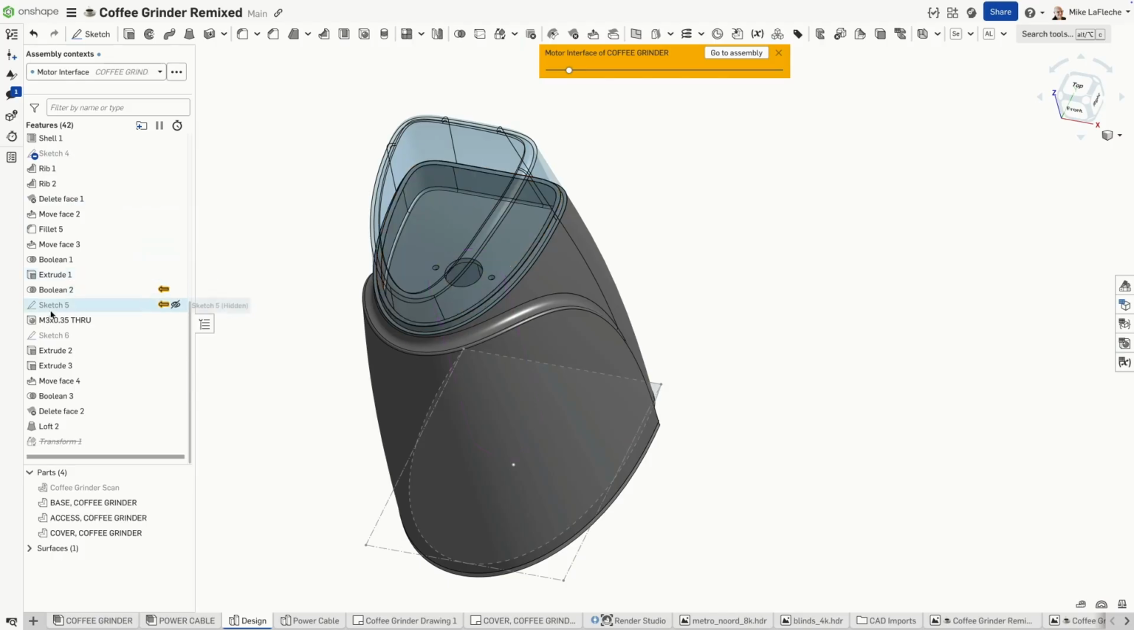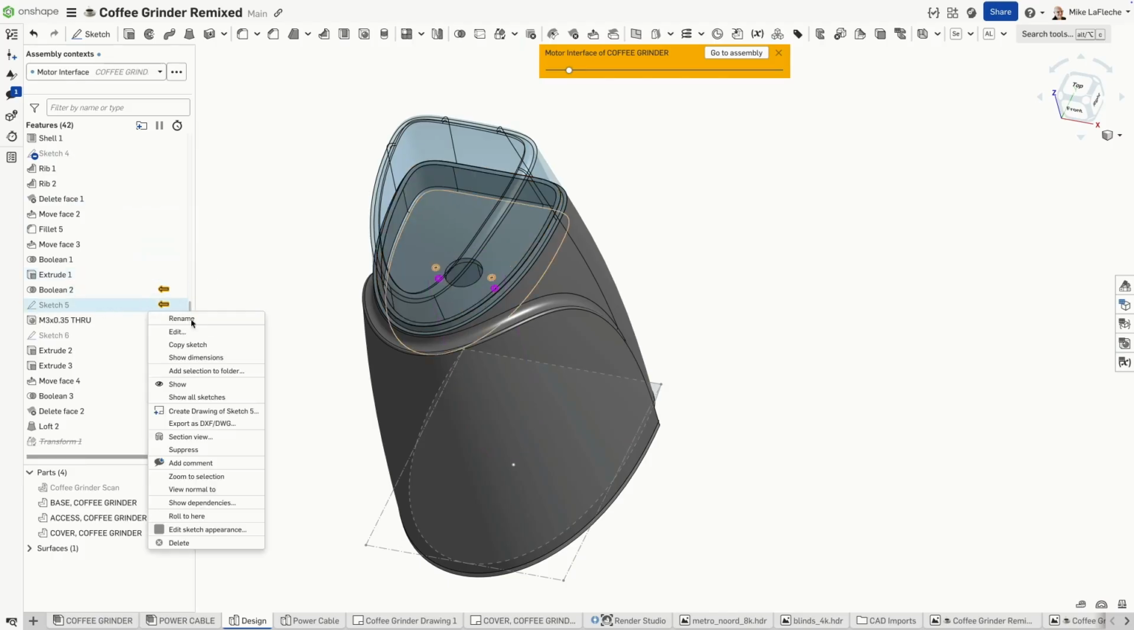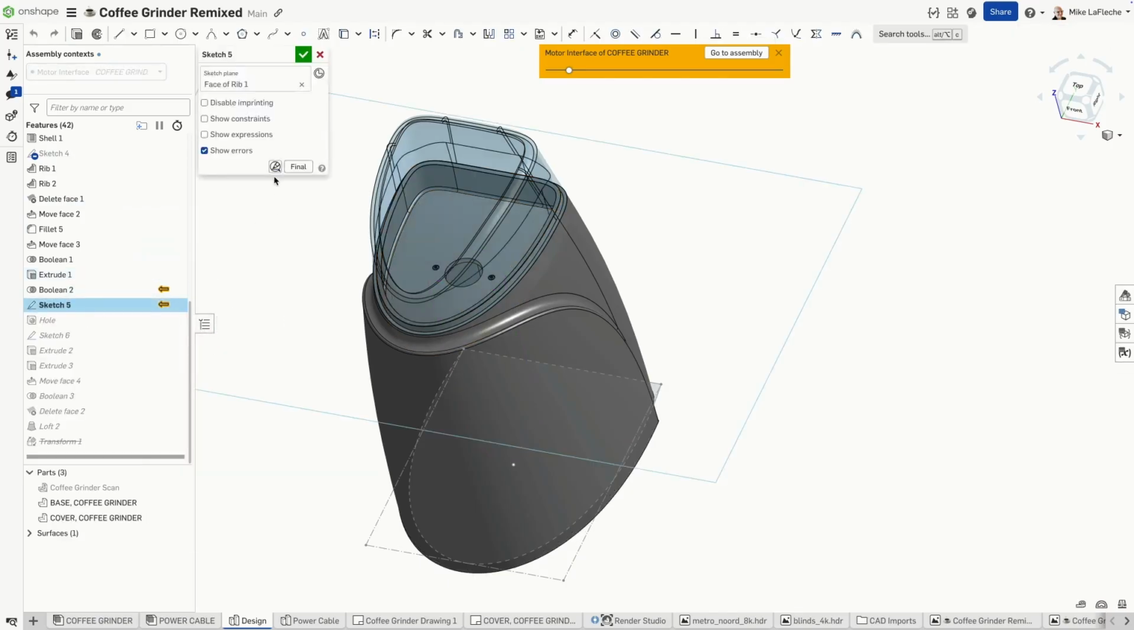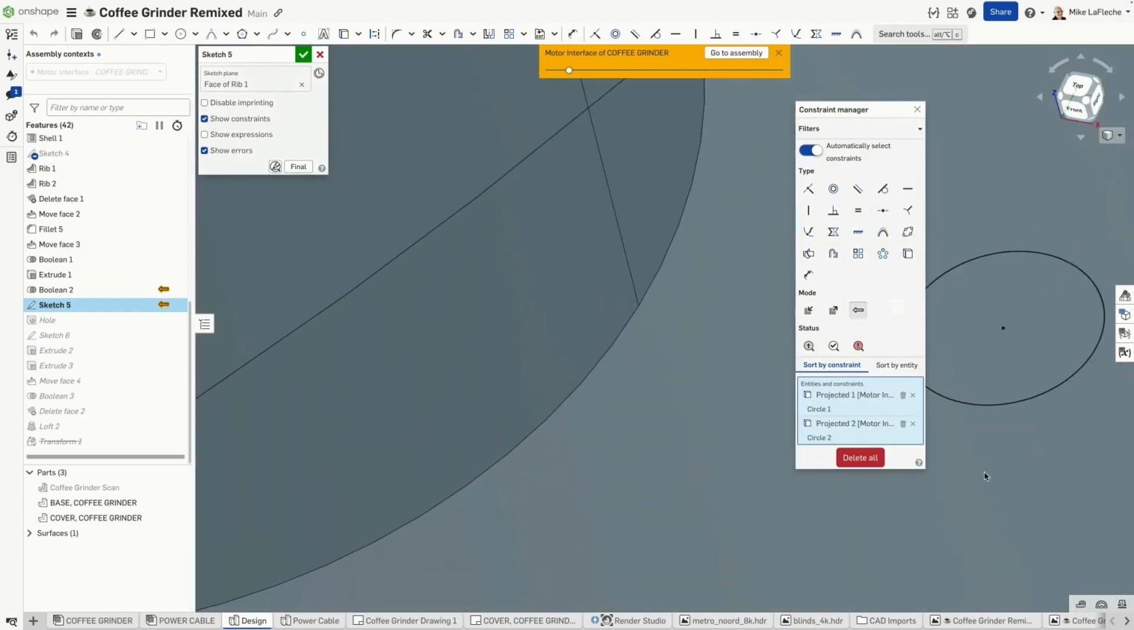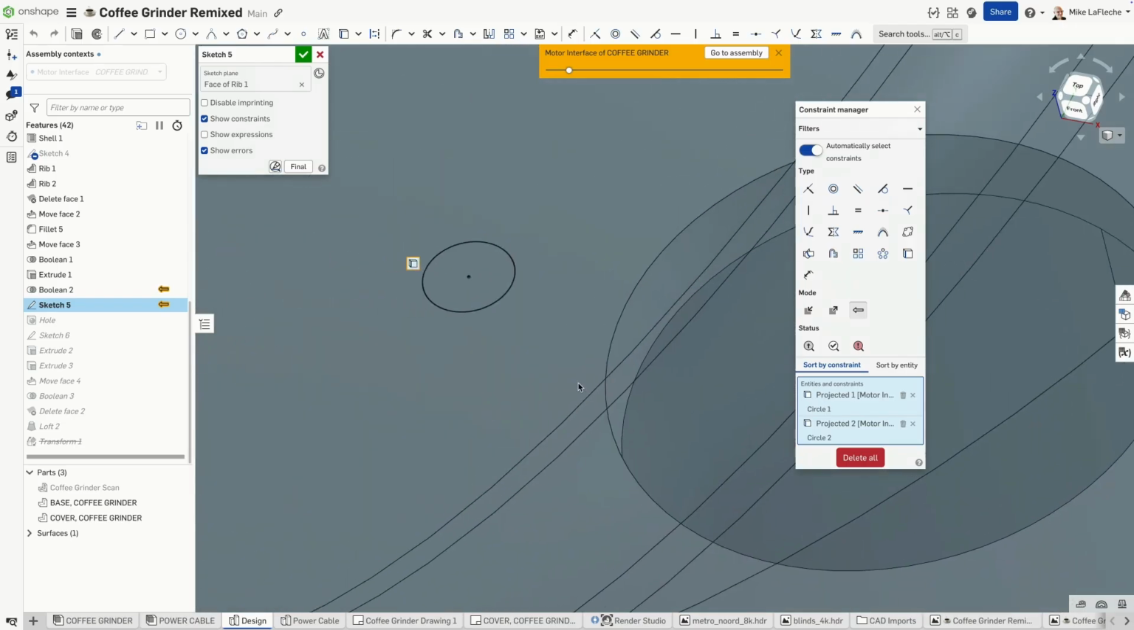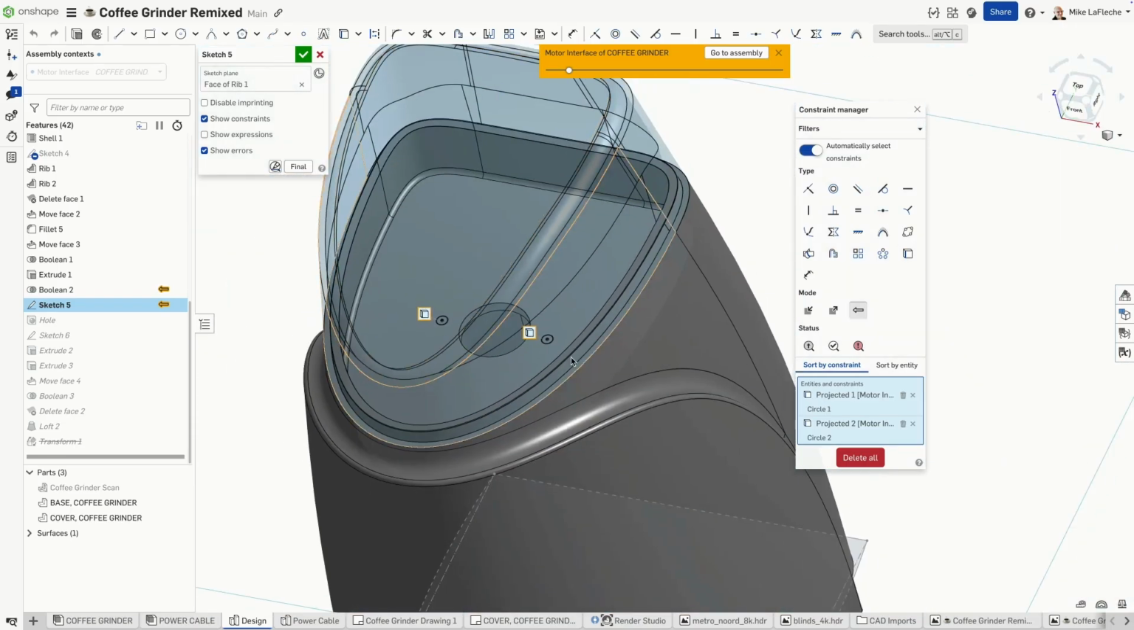The next thing I would like to do is look at an external reference managed in context, here denoted by the arrow in the feature list. I can turn on the display of the filters to show just the projected relations that are here for the motor mounting positions. And of course, zoom to selection if I have a hard time finding it, because these are